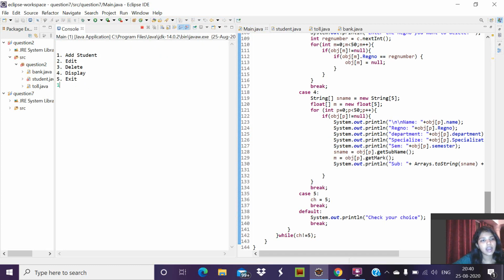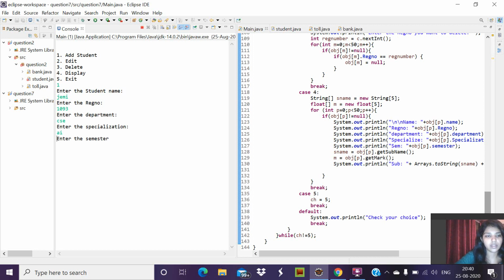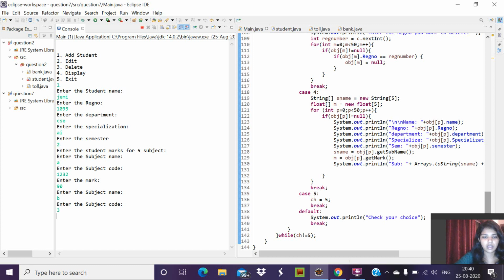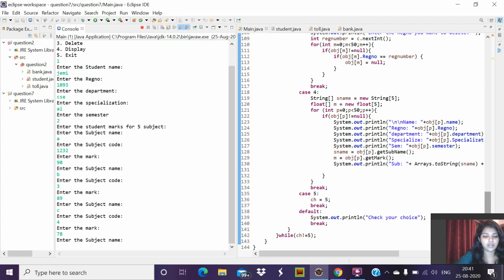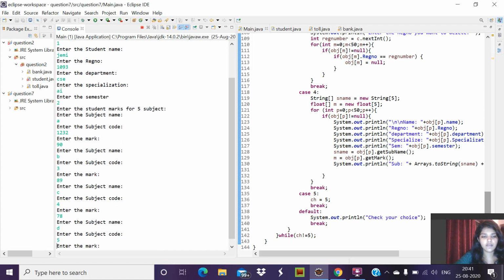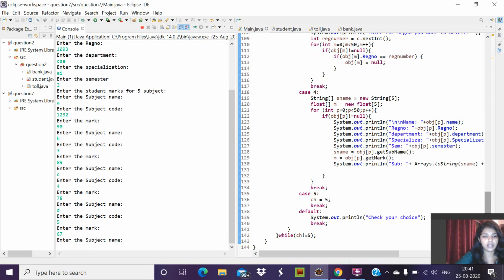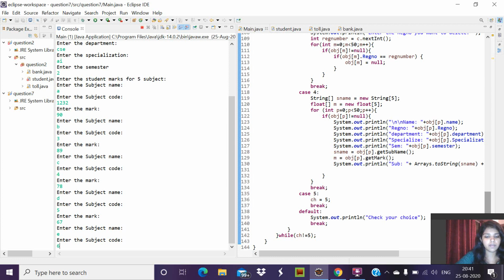So here I'm entering add a student, where I'll add name, register number, department, specialization, then semester second, then the subject name is A, subject code is 190, B subject code 3, mark is 89, C subject code is 4, mark is 78, D subject code is 5, mark is 67, then E mark.